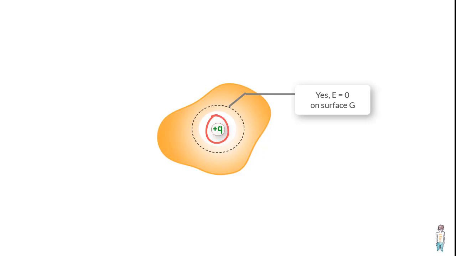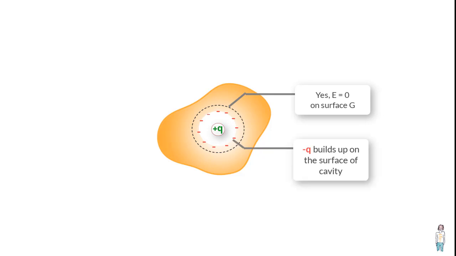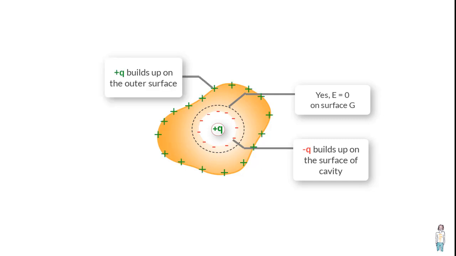So what has happened is that this charge Q has drawn negative charge of equal value on the surface of the cavity, thus making the net charge 0 inside surface G. But then we cannot magically have extra negative charge appearing on the conductor. So an equivalent positive charge Q must appear somewhere on the conductor, and well, you would have guessed that it must appear on the surface because it cannot appear inside the conductor in an electrostatic situation that we agreed before.